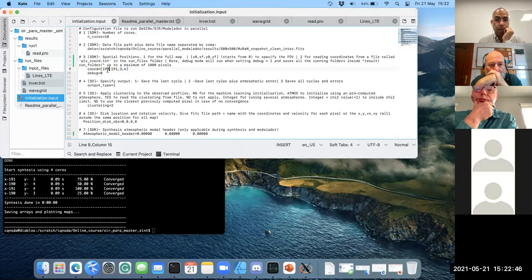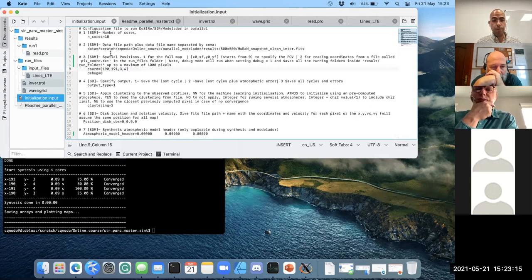And you can see that it goes from 190 to 191. So these are 2 pixels in our convention. So you have 190 and 191. And then it goes also from 3 to 4. So these are also 2 pixels. So just keep in mind that this is how we define it. So the initial and the last value are included in the computation. So just be sure what is the domain of your